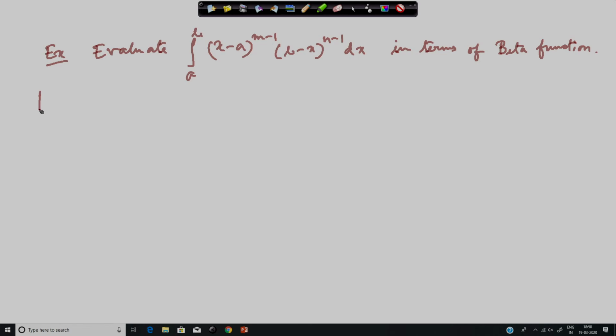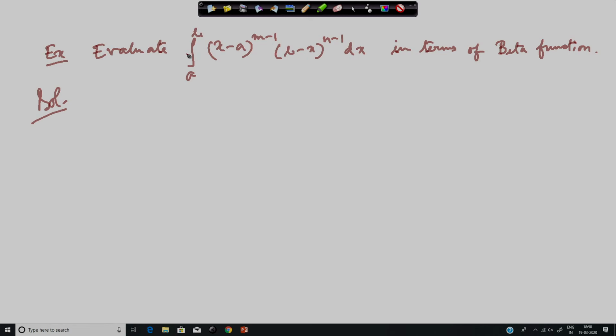So, solution. In this type of problem, where the term is x minus a, where a is the lower limit, and here it is b minus x, where b is the upper limit,